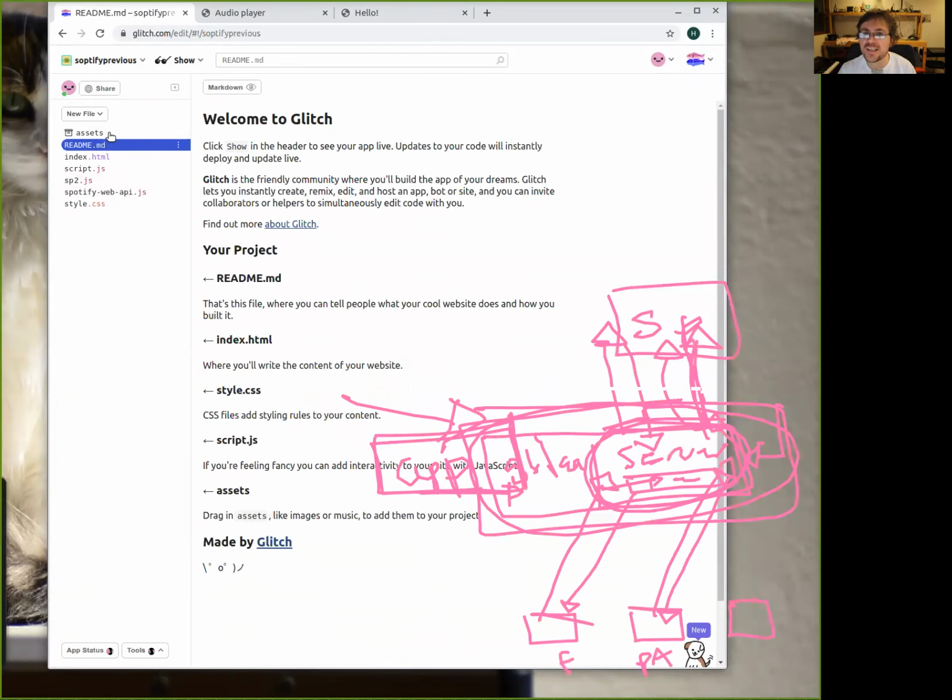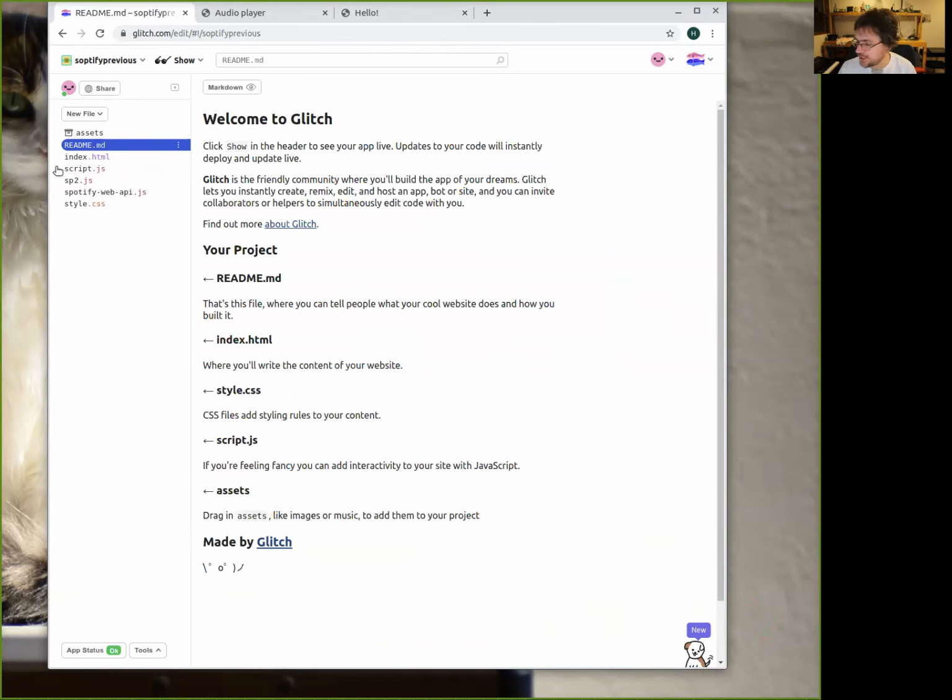And as you can see here, we have a description, an HTML code, a bunch of JavaScript code, and also a CSS code. In that way, we have a location in a remote computer, which in this case is located at Glitch.